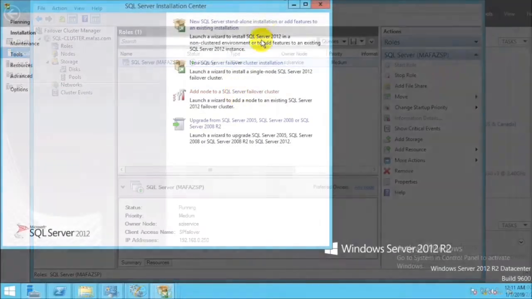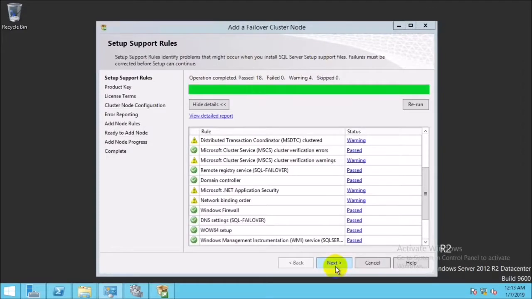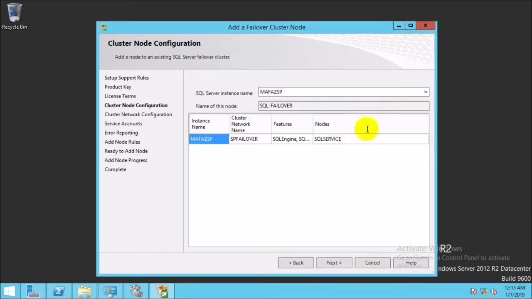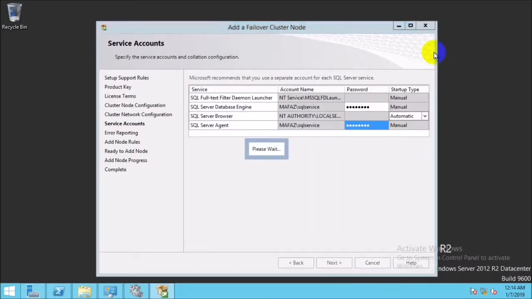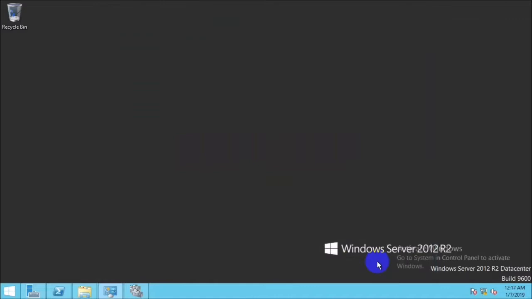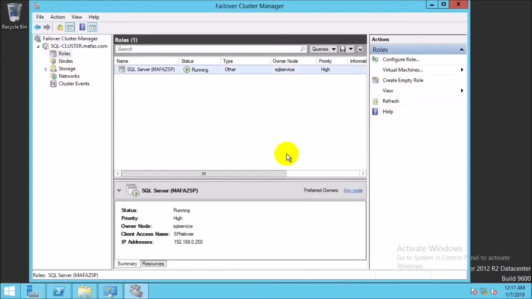Last step is to open server 2, run Microsoft SQL, confirm the cluster instance name, IP address, service accounts, and to confirm the installation, the SQL server role has been